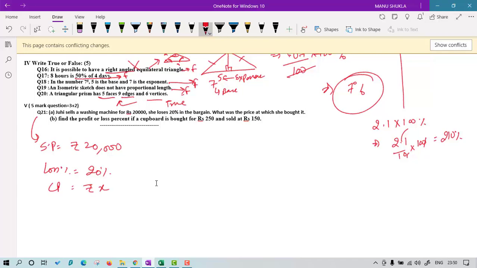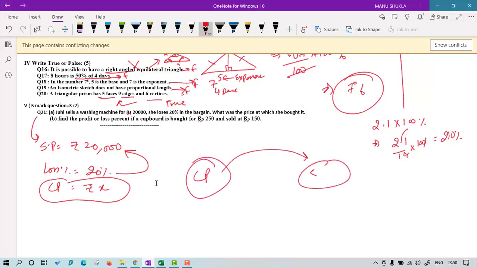I'm not using the formula in the first step, I will show you the concept in the first one. Some of you have found the loss as 20% of SP. When I have told you we have to find the loss percentage or the profit percentage always on CP only, because CP is the first thing. First you purchase something, then only you sell it, na? So you find your profit or loss on the CP, not on SP. So right now this is given to you and you are going in a backward direction, so that is not that easy. So the concept should be strong in this question. So let's see how it is done.